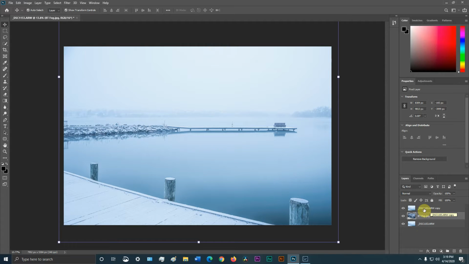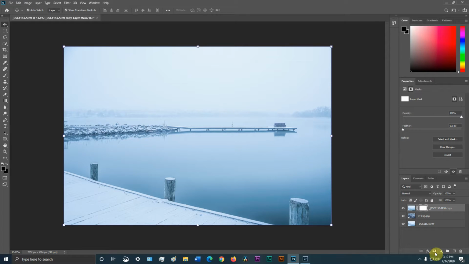So the first thing we're going to do now is select this copy layer, and we're going to create a layer mask. And you do that by clicking this little rectangle with a circle in the middle of it. And once you've done that, you'll go over here to the paintbrush and make sure you have black on black. Go over here. I would select about a 1000 for your brush size, and